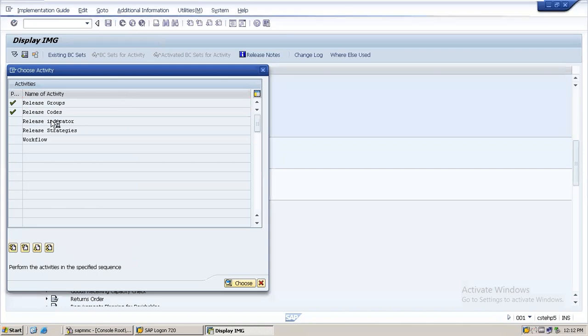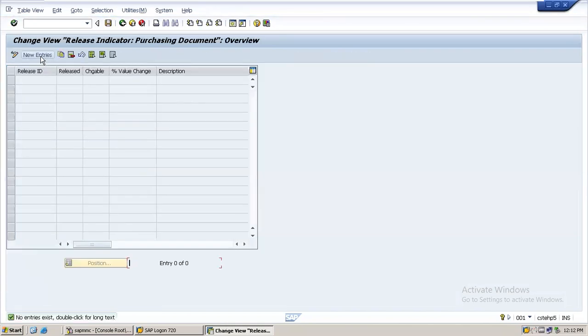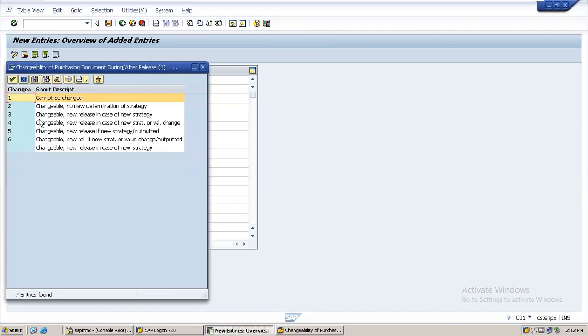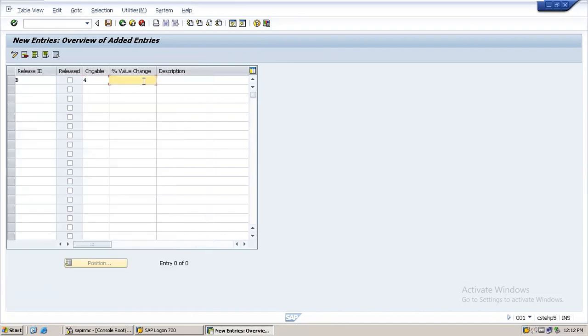Then we'll go to the release indicators. In release indicators, we will mention systems that if my release indicator is B, which means blocked. Okay. The description is blocked. If the release indicator is R, that means it is released. So I'm mentioning based on this one. If R means released,